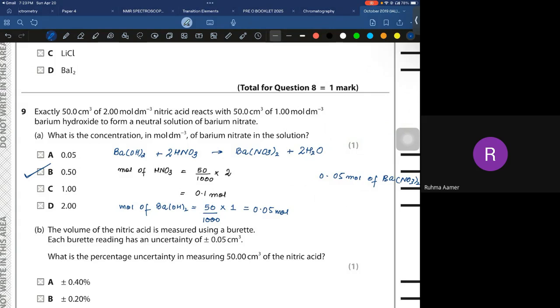So why do we use the volumes of nitric acid and barium hydroxide? Because if you are going to mix this and this,